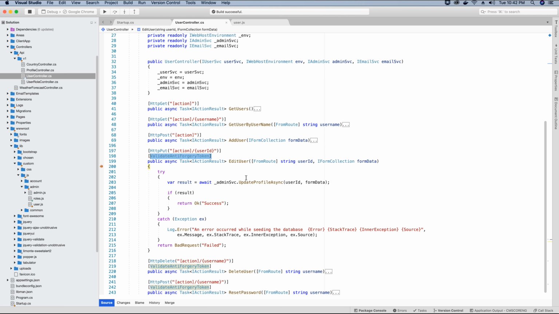So we attached the token to the header. Once the request was made, the validate anti-forgery token class or the method will check for the token with the name XSRF in the header and it will validate it. If the validation is successful, then it will allow the request to process further and access this endpoint. If the validation fails, as you saw earlier, we received a 400 bad request, which means this method was not accessible to the request. So now we were able to hit the endpoint, and if I hit continue,